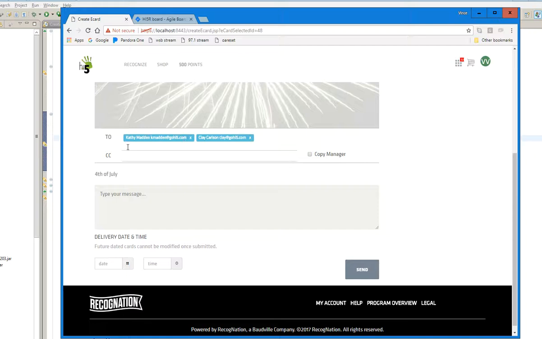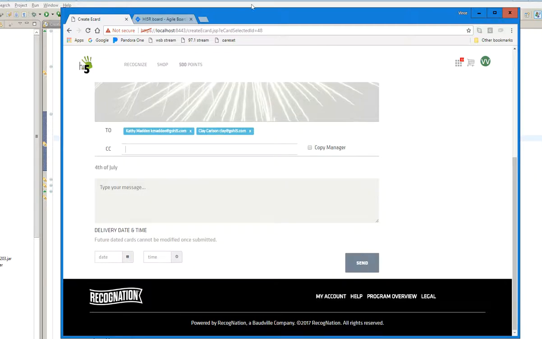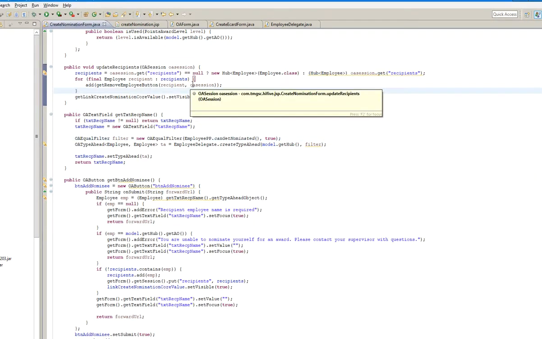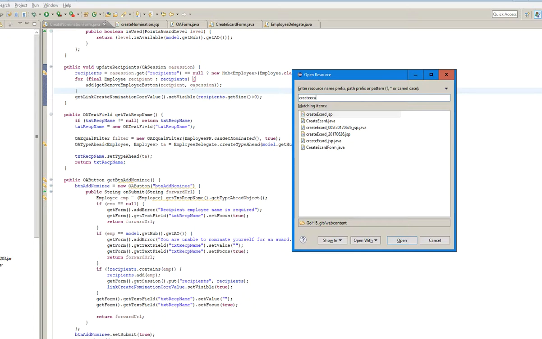So this is the combination of being able to take a text field, an HTML text field, and then we have the OA text field, which will allow the interaction between what it's doing in the back end and the browser. And then it uses the Bootstrap type ahead, which again is the lookup, and then it uses this tagsinput to actually let you have more than one within it. So that's really helpful. If we look at the code for that, create eCard,